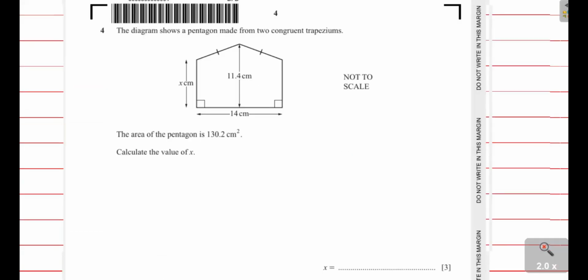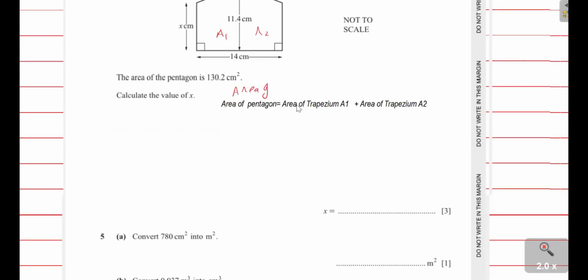Next question, question number 4, the diagram shows a pentagon made from two congruent trapezium. The area of the pentagon is 130.2 centimeter square. Look here, this is trapezium 1, first trapezium, and this is the second trapezium. We name trapezium 1 as A1, and this trapezium we name as A2. Area of pentagon would be equal to area of